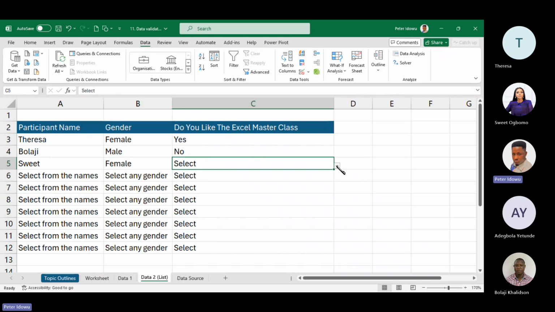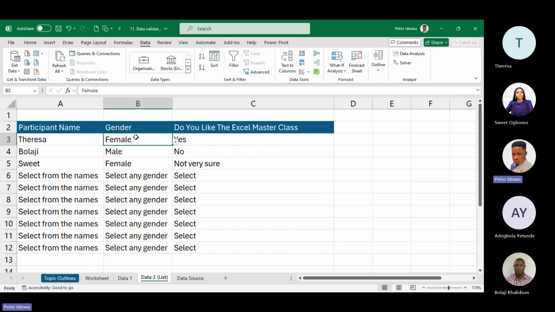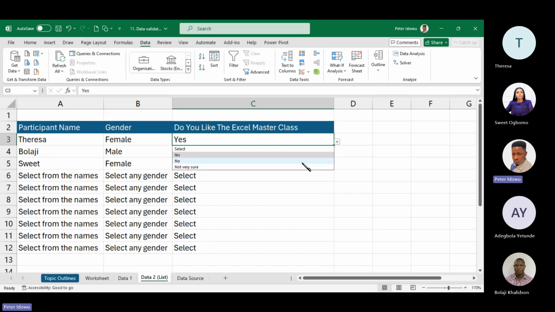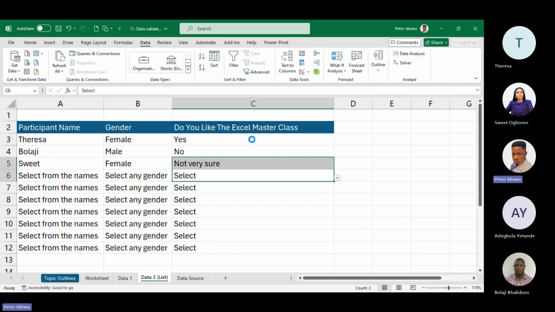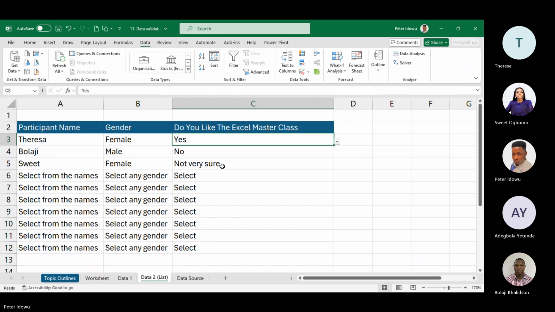for data validation. Now, what you have basically done here is you have restricted the sheet to this information. You have the names that you want in the cell, in cell A, the gender, either it is male or female, nothing else goes inside. Then in do you like the exam master class? You have to choose between yes, no, or not very sure. Anything beyond that, you can't choose. So this is how the list criteria works using